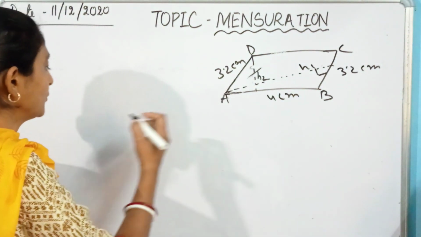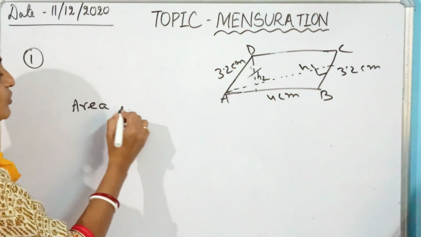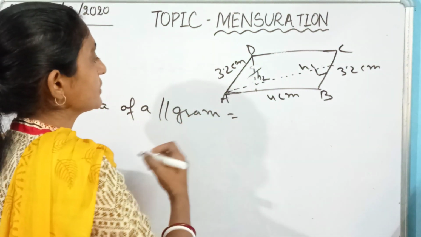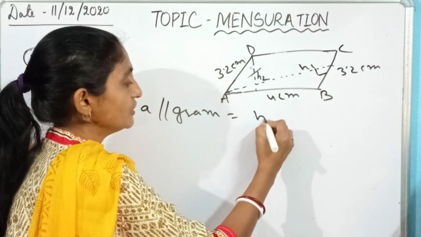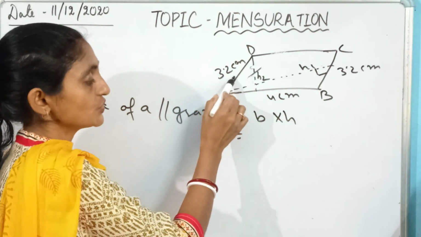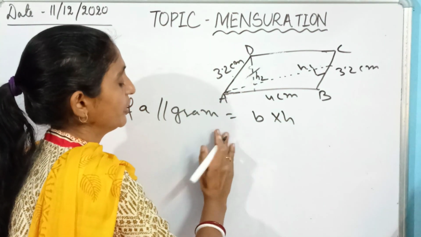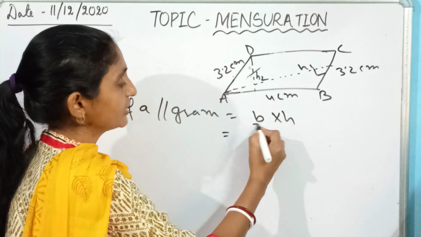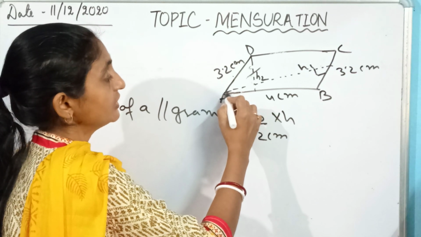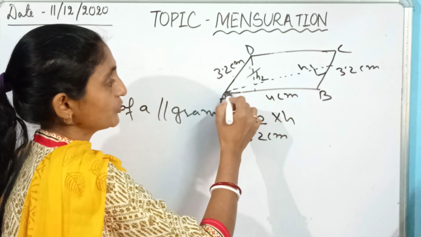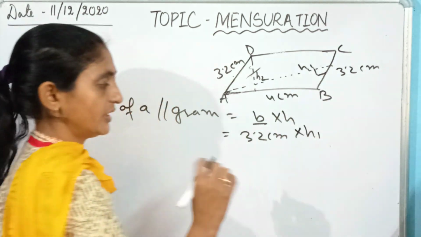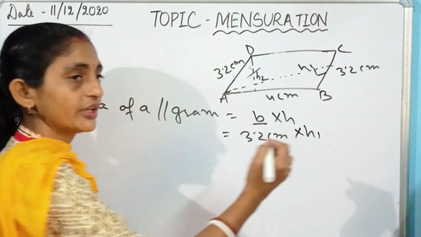So here let's come to the area. What is the formula for the area of a parallelogram? We can write that it is base into height. So here what is the base? When I am considering the base as 3.2 centimeter, I will put 3.2 centimeter. And what is the height I have considered from the base? From the base and the opposite vertex, that height we have to take. So here I have marked this as H1. Up to that it is clear. That much square unit you will get.